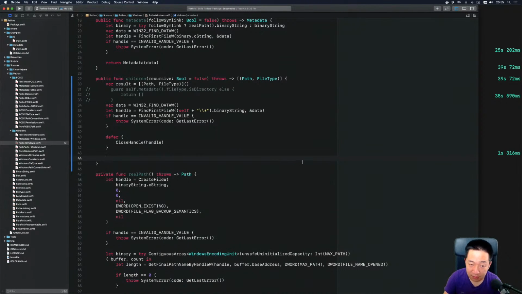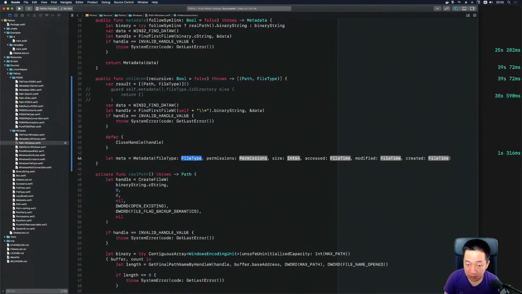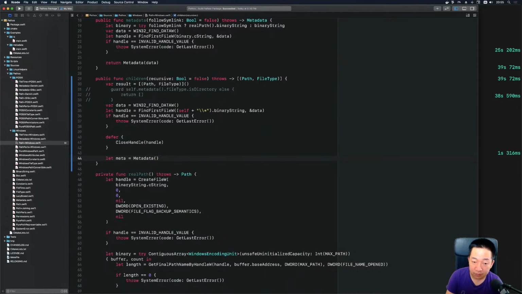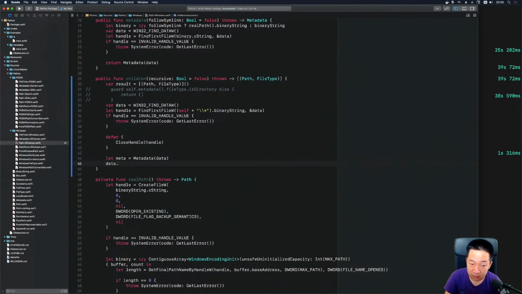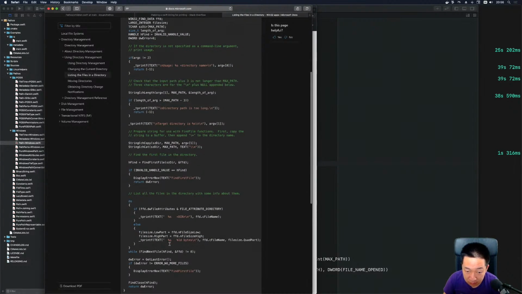We can definitely get the metadata. Metadata has a, oh, this is awkward. We take the data, we get the metadata, and then we can return data dot, I guess it's here as well, but